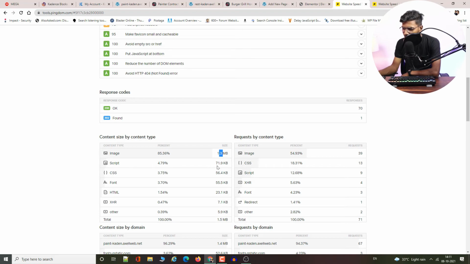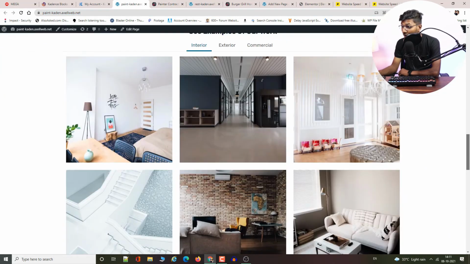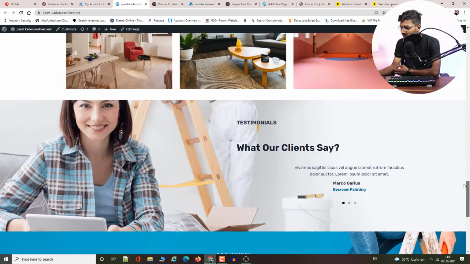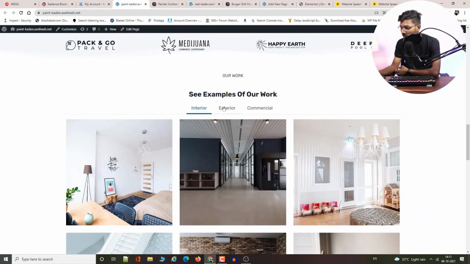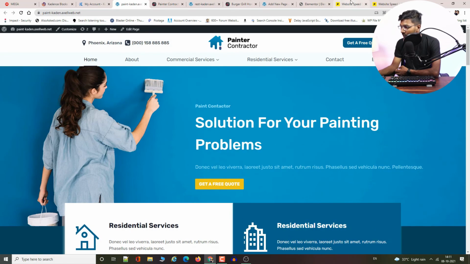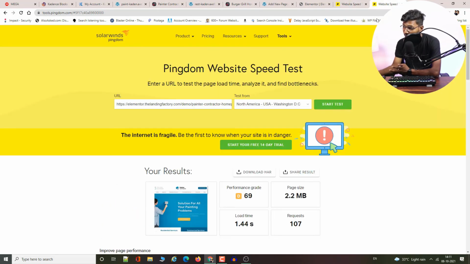You can see the JavaScript is very minimal, 71 KB. In this whole page you have only 73 KB of JS, where you have sliders, testimonials, gallery, tabs. This is a tab, right? So only 73 KB of JS is used, and without seeing the result of Elementor page builder, I am definitely saying it will have more than 400 KB of JS.